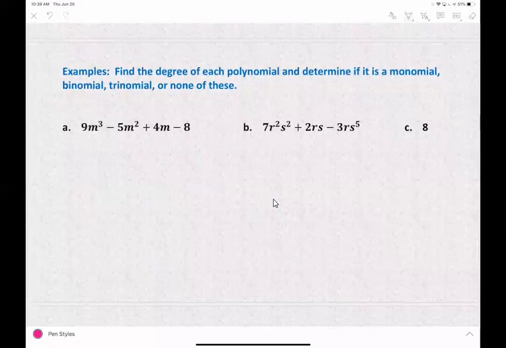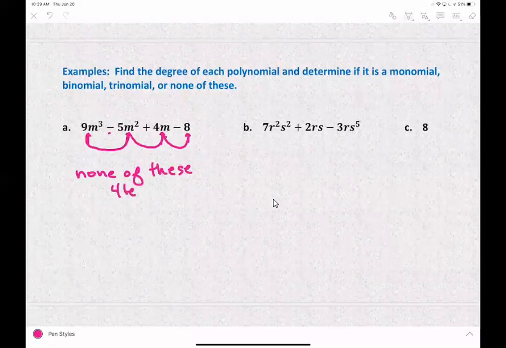So let's look at the first example. This first example, we have 1, 2, 3, 4 terms. So how do I determine the number of terms? Well, anytime I see a plus or minus, that determines when we change how many we have. So the first one, this is 1. Notice we have this minus, so that gives us the second term, then this term, 4m, is the third term, and then the negative 8 is our fourth term. So this one, none of these,